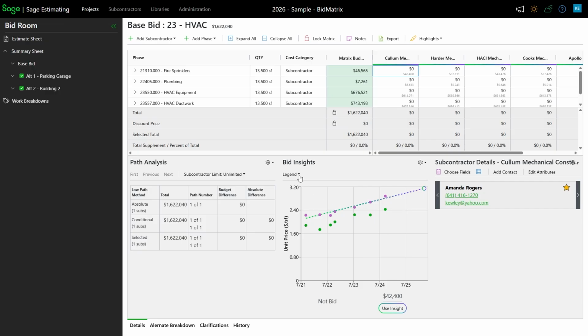When I'm looking at this, I have a legend that I can control what I want to look at. So if I kept it real basic at first, I could just say I just want to see the insight. This is where it's trying to come up with this $42,000, where it thinks the insight over those past jobs has been. Most of the time, I'm going to really want to see where this sub's bids were in the past. So I'm going to just tell it I want to see the bids at the moment.